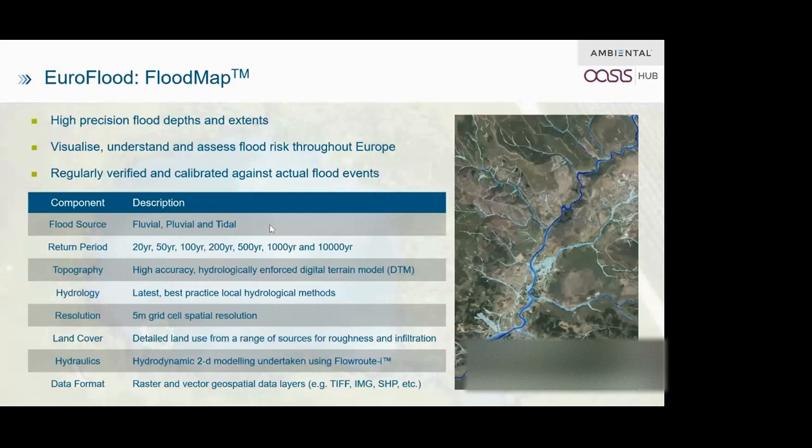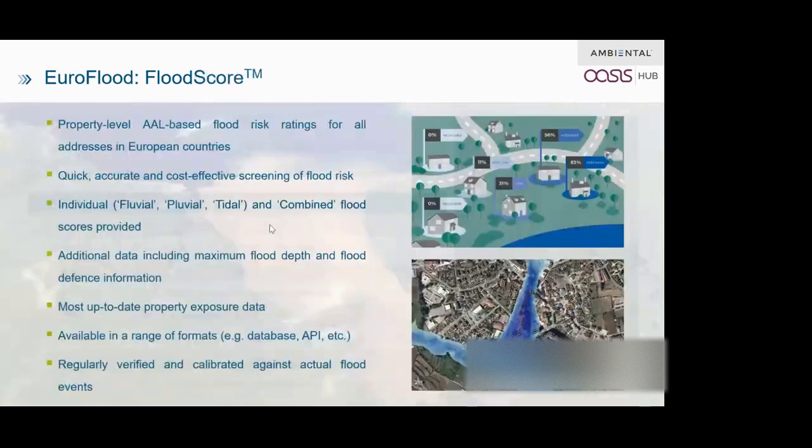FloodMap is available at a national scale for countries in Europe, having been developed using a high-resolution pan-European DTM and our globally consistent modelling techniques, with the increased accuracy benefits of incorporating local sub-country hydrological parameters and methodologies. Ultimately, our FloodMap products provide customers with the ability to visualise, assess and understand flood hazard where it matters to them. The image on the right-hand side there is just an extract of our Spain pluvial, so our Spain surface water flood map. So we can move on to the next slide, please, Rob.